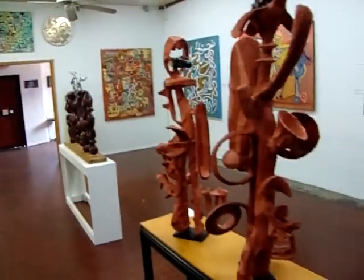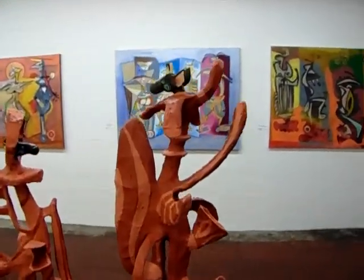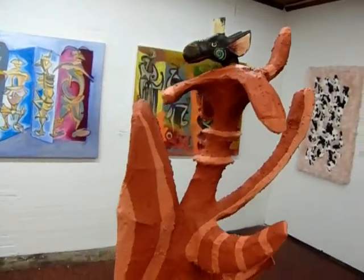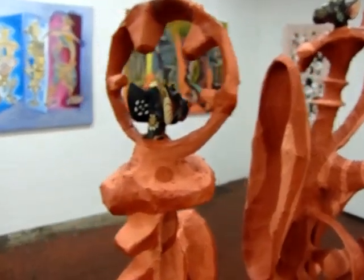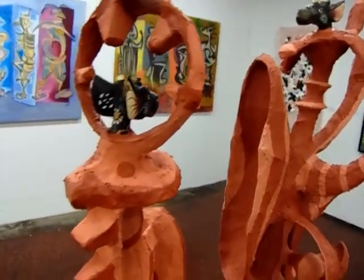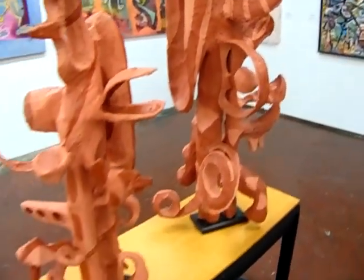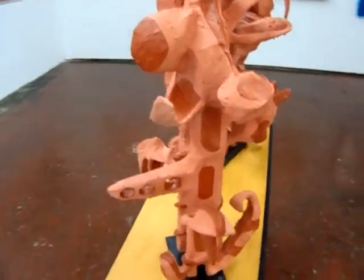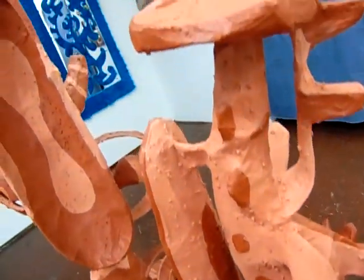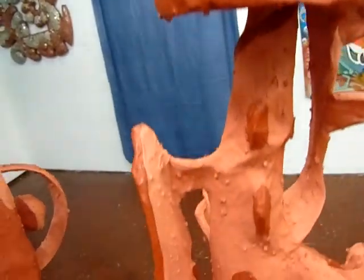I'm going to skip over here to a central sculpture. Now this one's going to take a moment to digest, and I need better lighting in here, but we'll work with what we got. This is 2 giraffes that were carved out of wood and came from Indonesia. And because they were old and beat up, I decided to give them alien spacesuits, which I consider more like a Martian landscape suit. If you look closely at the material, it's pebbly